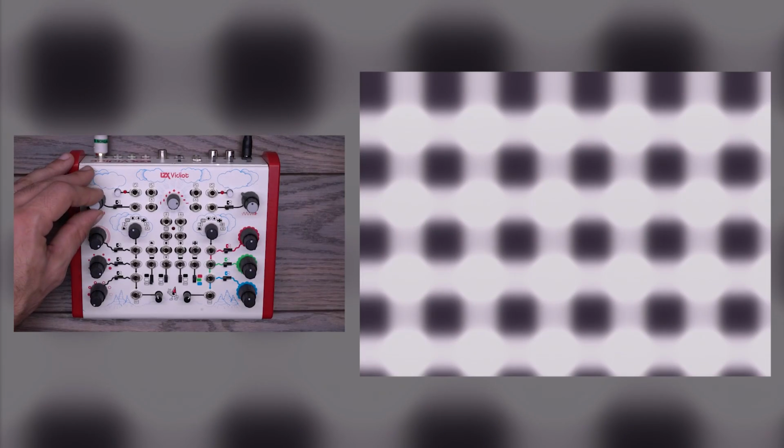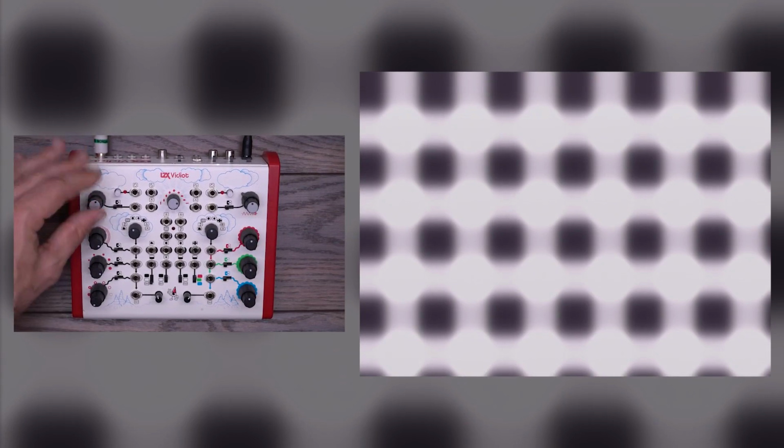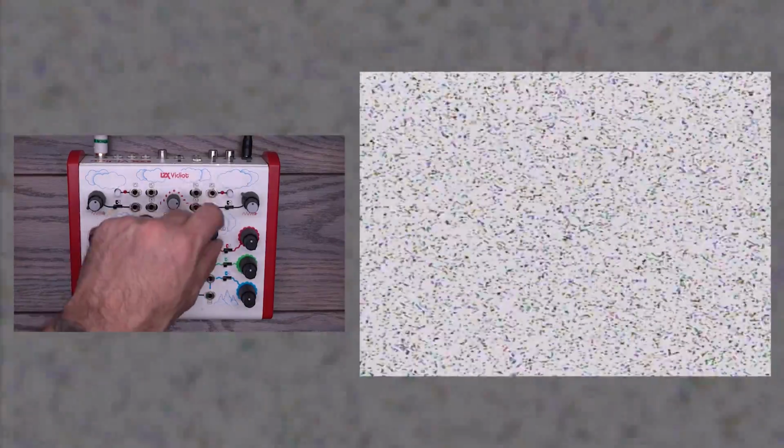At its core, the Vidiot has two video rate oscillators, as you can see here. These can be combined in different ways, and we can view different outputs: diamonds, hatches, circles. We also have a noise output,